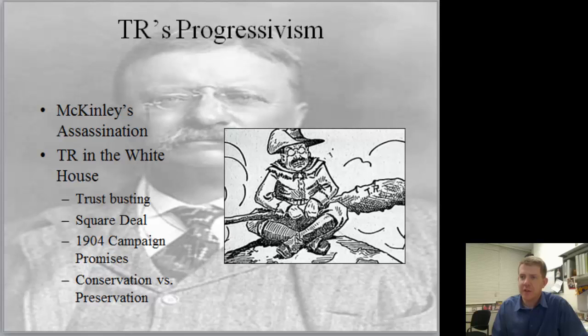But the idea of Teddy Roosevelt's progressivism is focused on identifying businesses that were not good for the American capital system. What he identifies as bad monopolies or bad big business. In 1904, he's going to run for president in his own right, and then he has this ongoing administration battle over conservation versus preservation. And conservationism is something you should have gotten out of your reading. If not, you should go back and look at that.